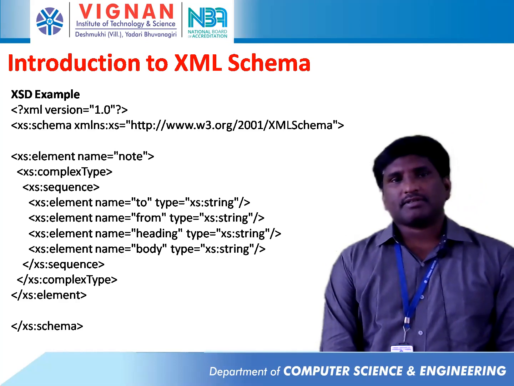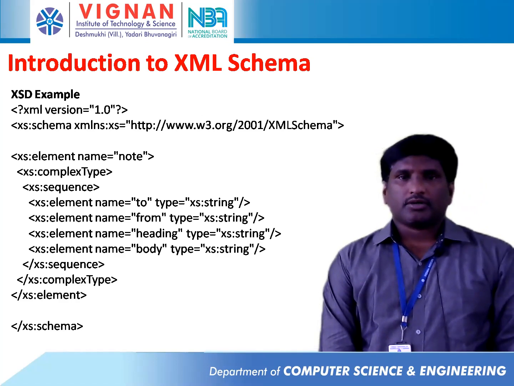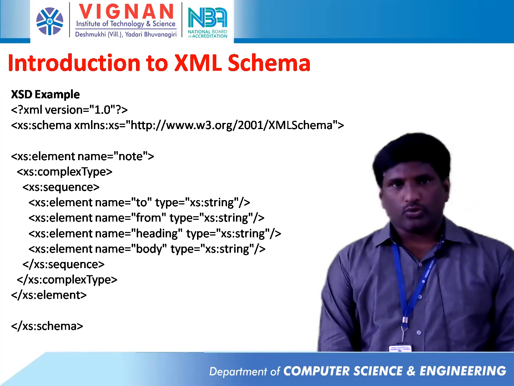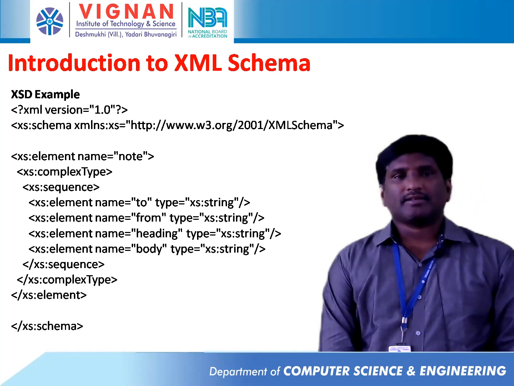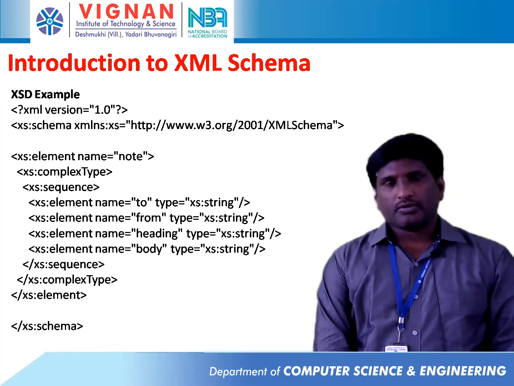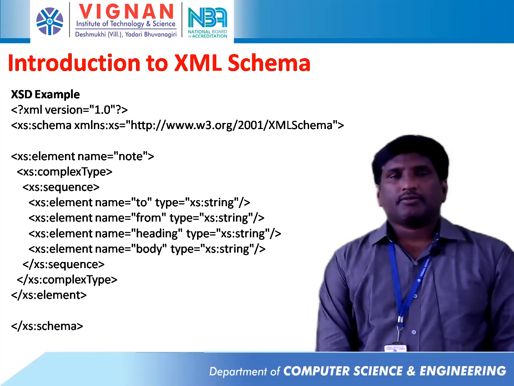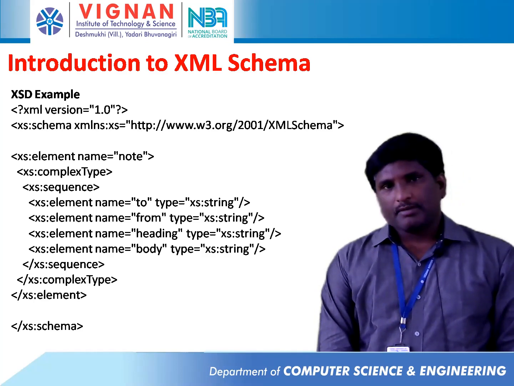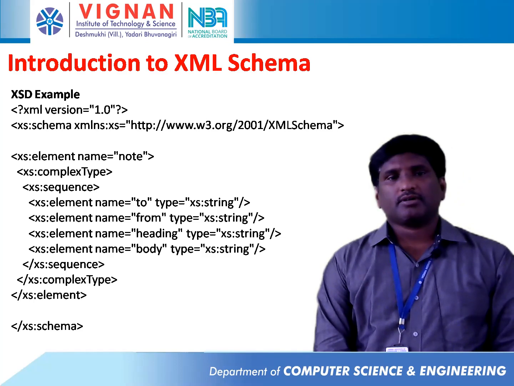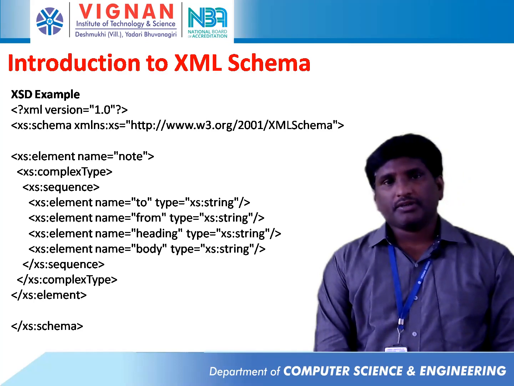So for that, this is the XML schema. Here you should observe the root node is node, which is defined by using xs:element name equal to node. That node consists of 4 sub elements: to, from, heading, and body. Those 4 sub elements are declared. Just observe here, after the node we have written complexType and sequence. Those complexType and sequence are properly opened as well as closed. Between the sequence we have declared the sub elements of the node element.